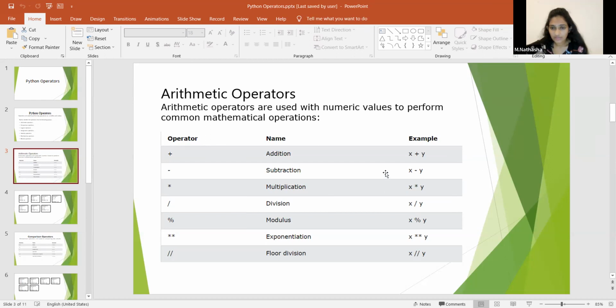Just for example, we are dividing 5 by 2. What is the answer? When we are dividing 5 by 2, what is the answer, Setuli?